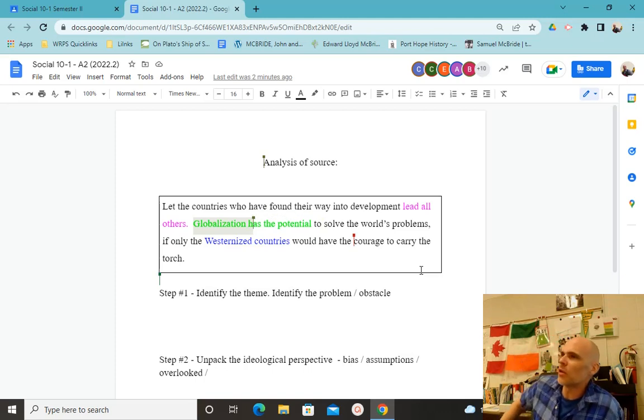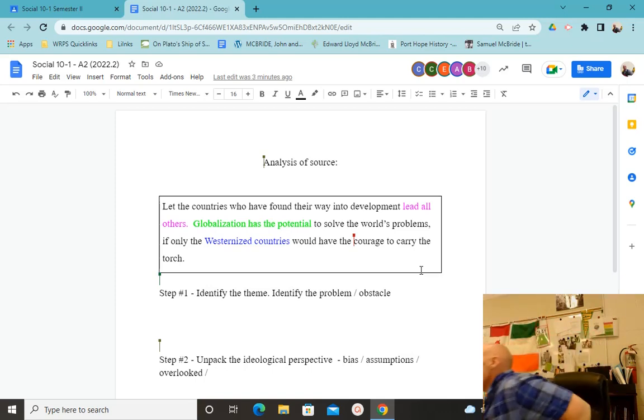What do you agree with about the source? I feel like getting out of my chair, but then nobody's going to see me, right? Although, what do we agree about with this source?